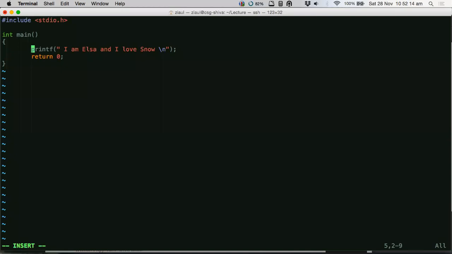Okay, good. So let's go to the second line here. What is the second line? The second line is that your program has to have an entry point. What do you mean by entry point? Suppose you want to do a task, you want to achieve a certain goal.